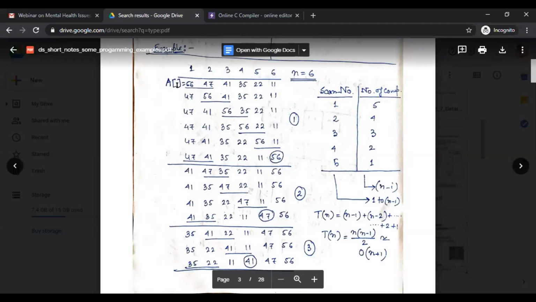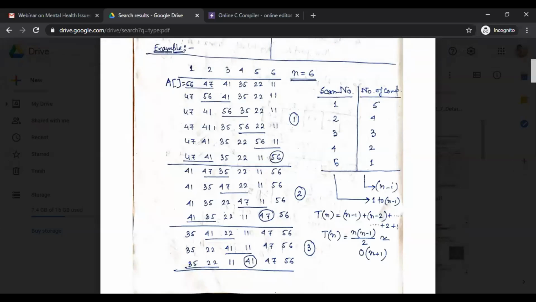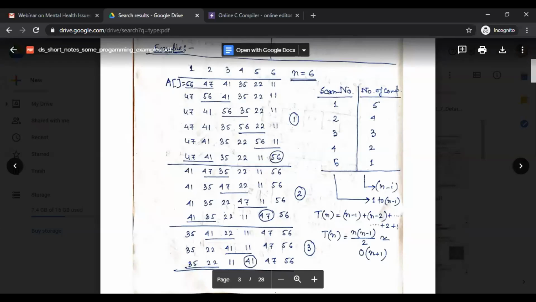See, the first pair, if we talk about A0 and A1, A0 is greater than A1. So I think I am talking just the reverse one. Just forget about that. If A0 is greater than A1, then we have to interchange the values of these two adjacent index numbers.